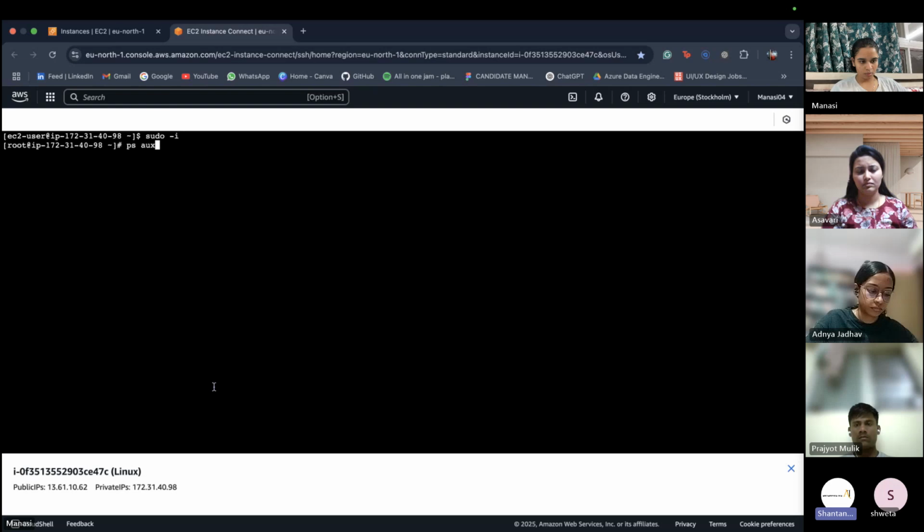So there would be a pipe now, space pipe. Pipe means the vertical line, the key above your enter button. Yes, correct. This symbol is called pipe, and it is used to pass the output of one command to the next command. So the output of ps aux would be passed on to grep. We are going to type grep, space hyphen capital E,